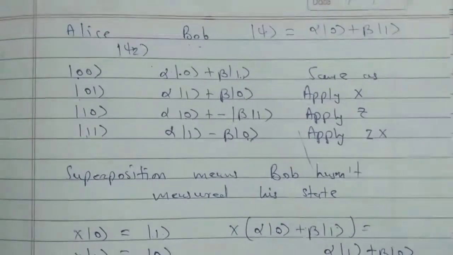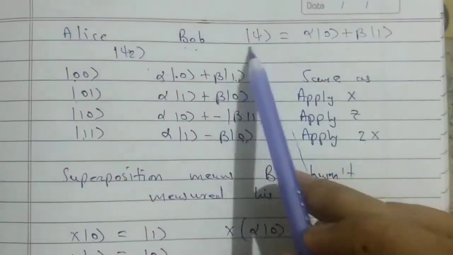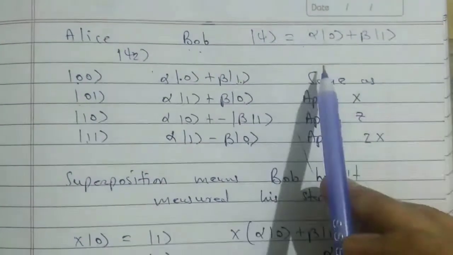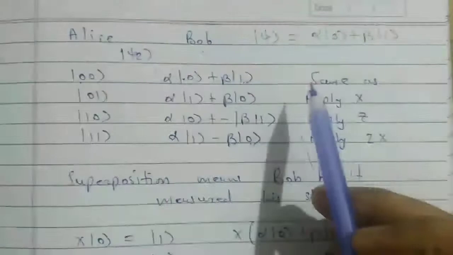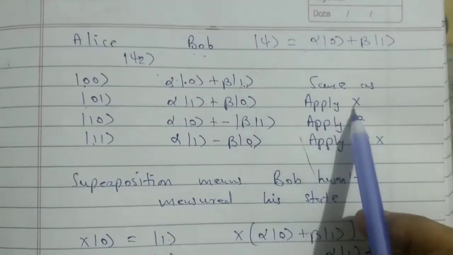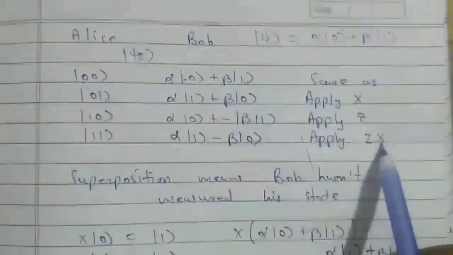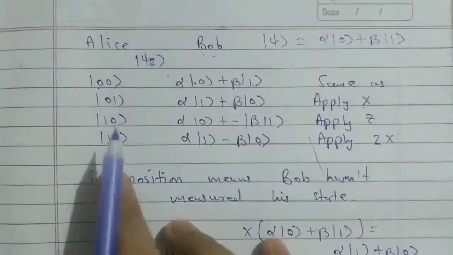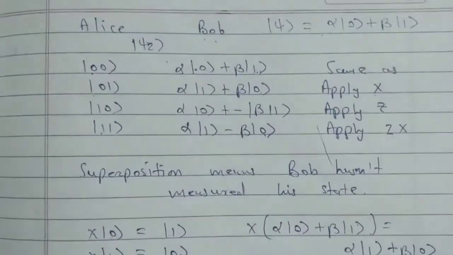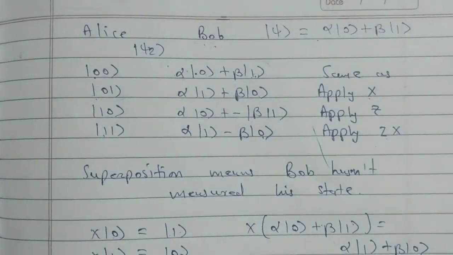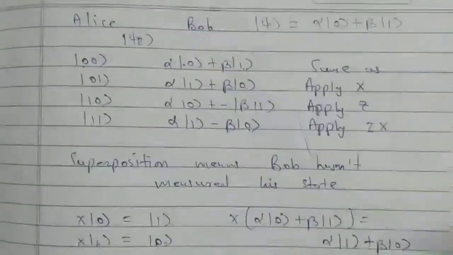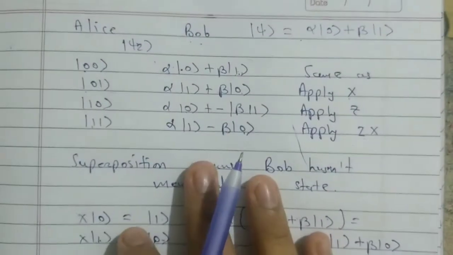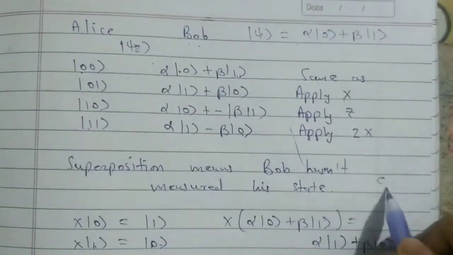So in this way, a qubit from Alice can be sent to Bob with the help of classical communication, because we need to know whether to apply the X gate, Z gate or ZX gate to Bob's qubit, and we only know if Alice tells us. And how can Alice tell us? By communicating classically. So the upper limit for the speed of quantum teleportation is the speed of light, c.